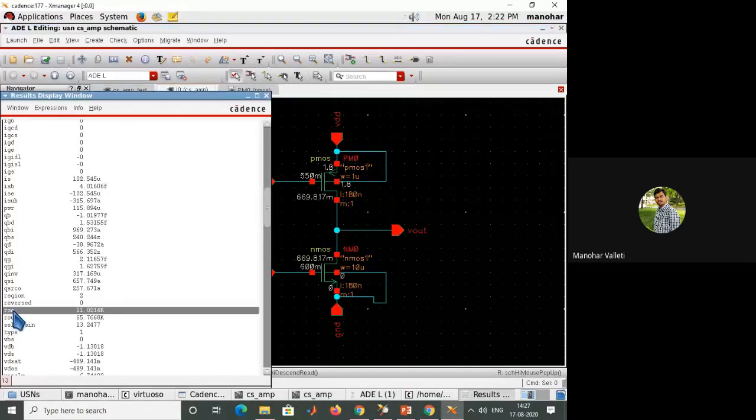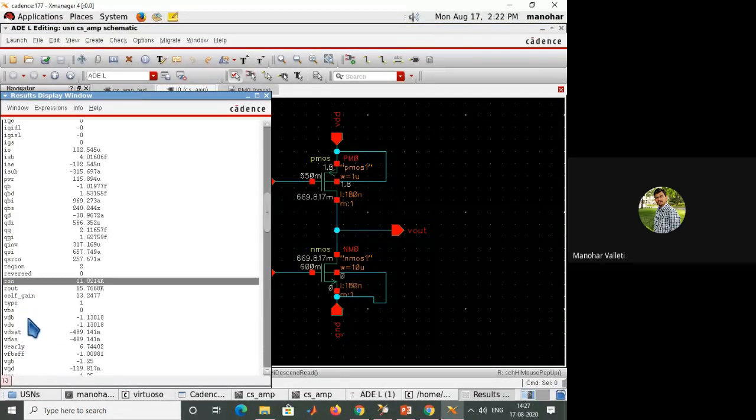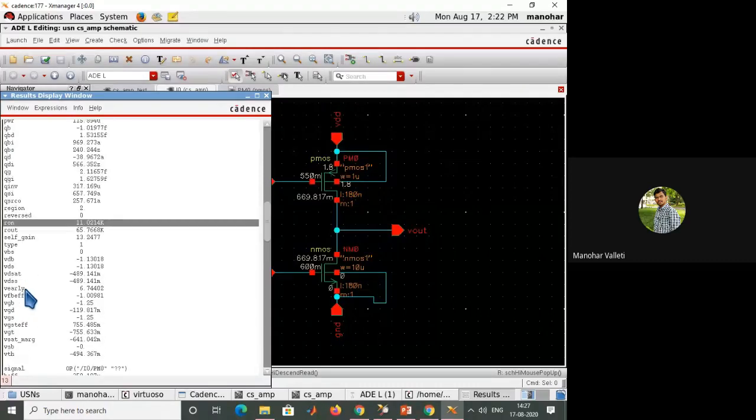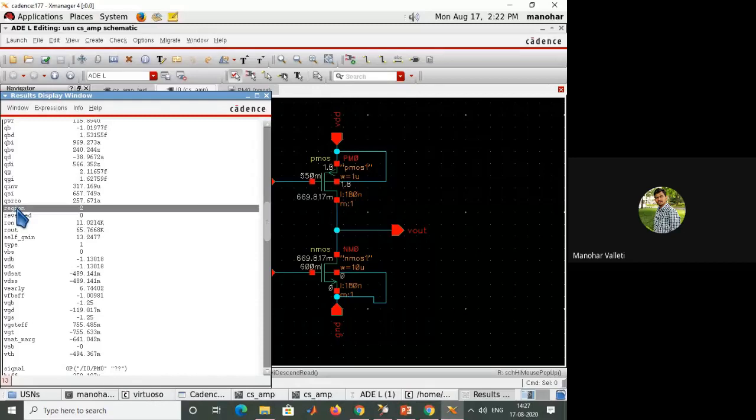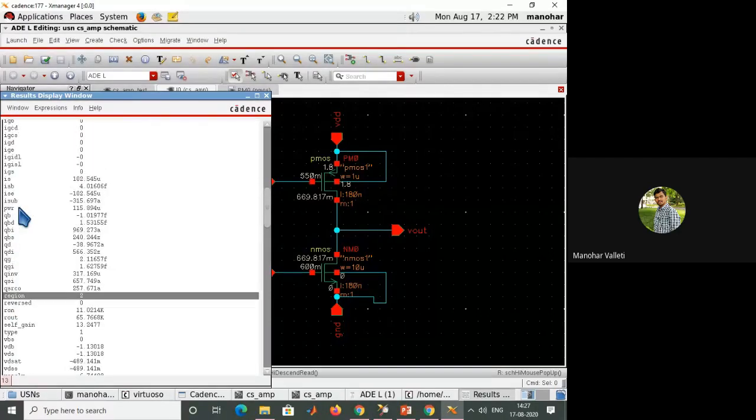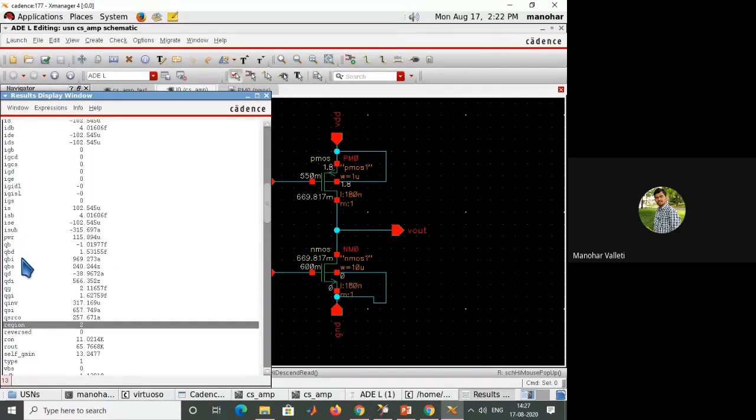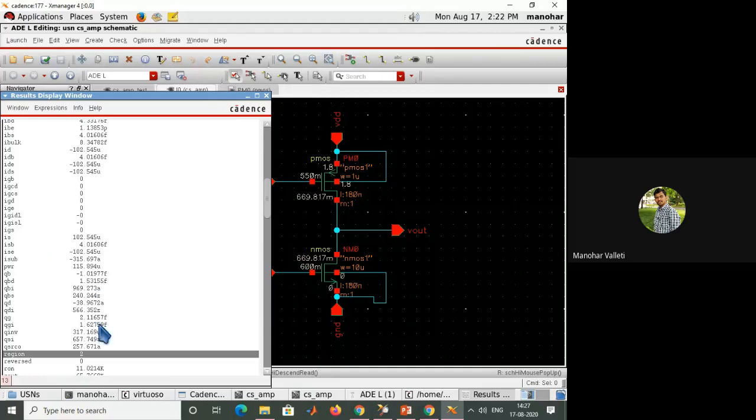So you just see here, the resistance is around 11.4K. And the region is also 2. It is operating in the saturation region, so that you'll get a good resistance. And these two are enough to verify the PMOS.